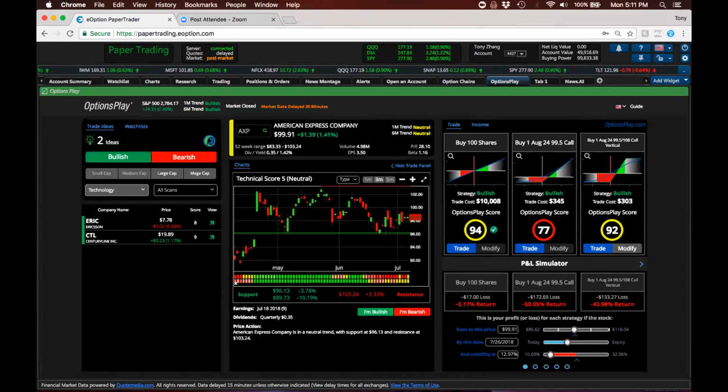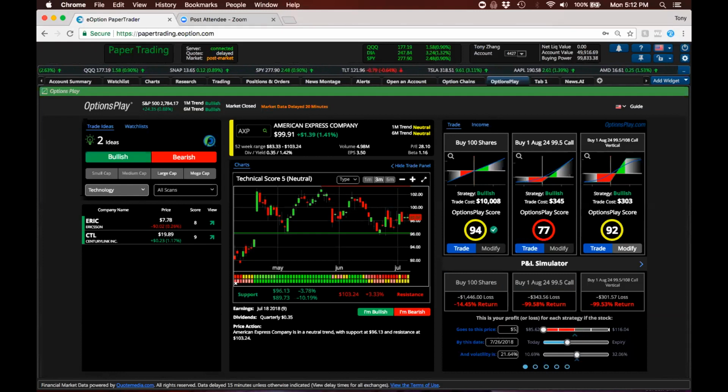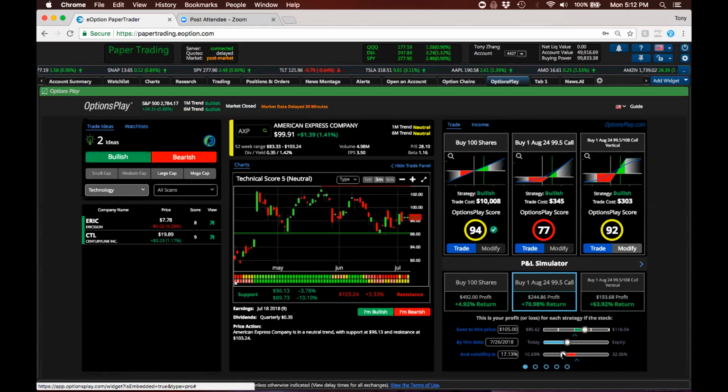And let's go back to the implied volatility example. So if volatility is at 21% right now, and let's say I say that that's a 90th percentile, and I think it's going to go back lower. As you can see, the impact actually... So for example, if this stock moves up to $105 on earnings, and volatility goes from 21% to 18%, as you can see, my return moves from 80% to about 70%, a very small impact to your overall gains and losses.